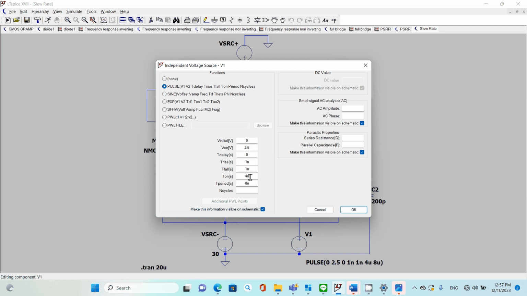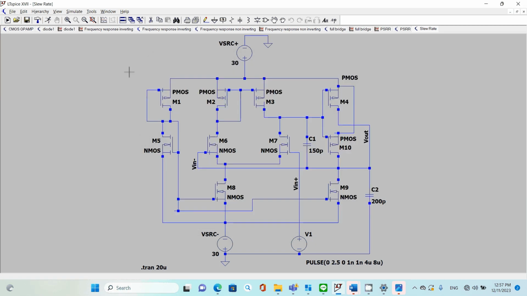For T on, I just let it be your on or close switch time. I'm sorry, 5 microseconds, and the period is going to be double of our T on, so that's going to be your 4 microseconds. Okay, and if you want to see the input signal,